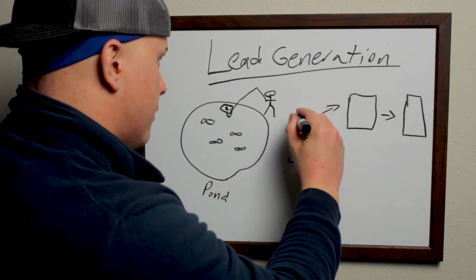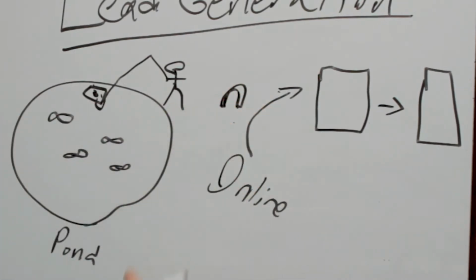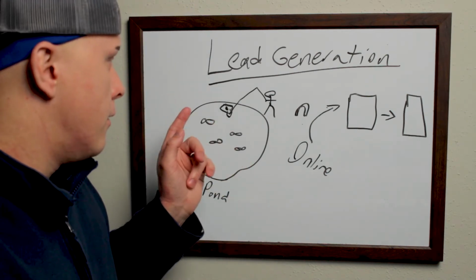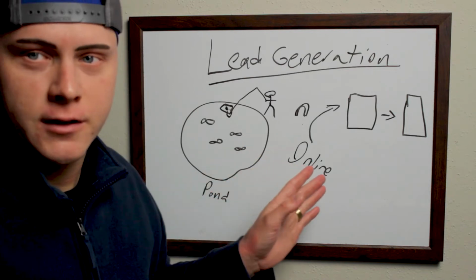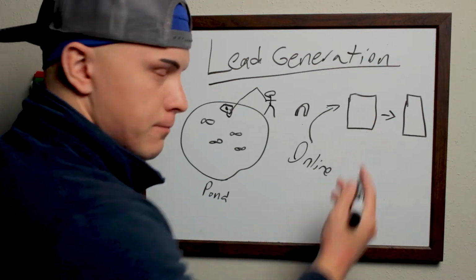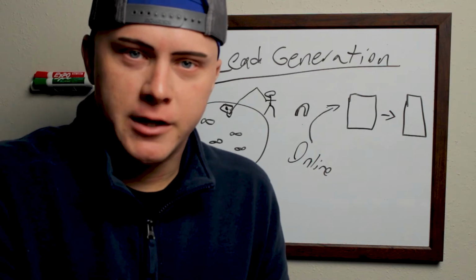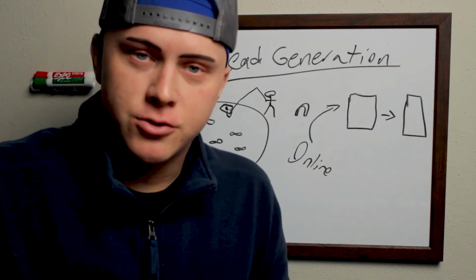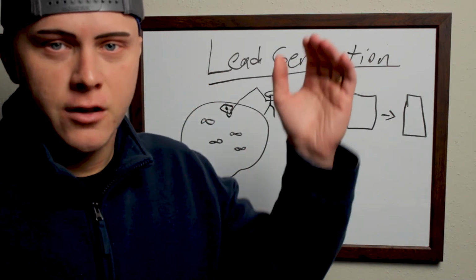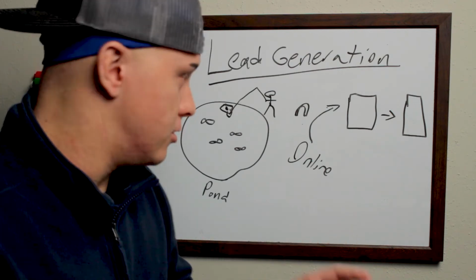Because what this ebook here represents is a sort of magnet, referred to as a lead magnet. This is the thing of value that they like. This is what is going to get them to click, to take action. And on this first page, what's your goal? Your goal is to acquire their information and see that they have some interest in whatever it is you're trying to sell, so that you can then sell them the higher ticket stuff, right? Or whatever it is you're actually trying to sell.